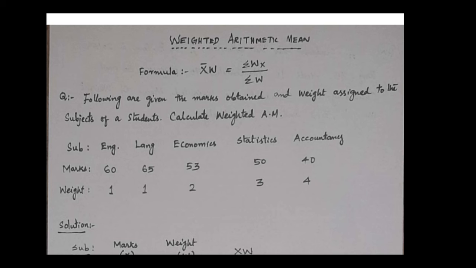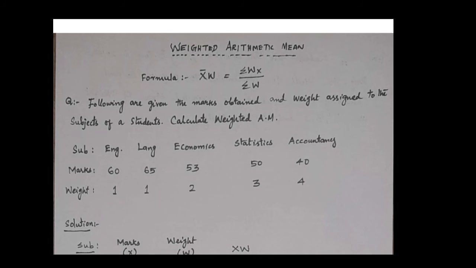Last presentation, we explained the normal arithmetic means of raw series, discrete series and continuous series. In today's presentation, this is the weighted arithmetic mean as compared to the normal arithmetic mean. There are small modifications and small changes in these questions, so that the frequency will be given as a weight.